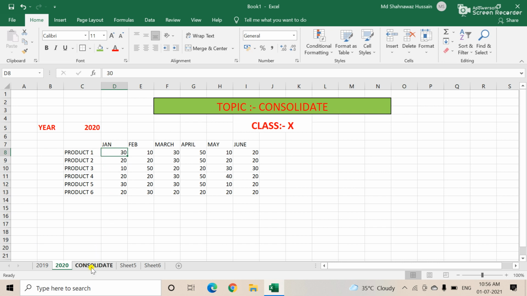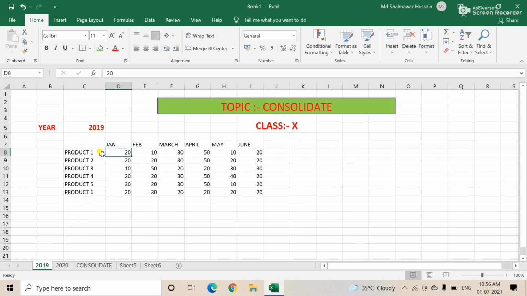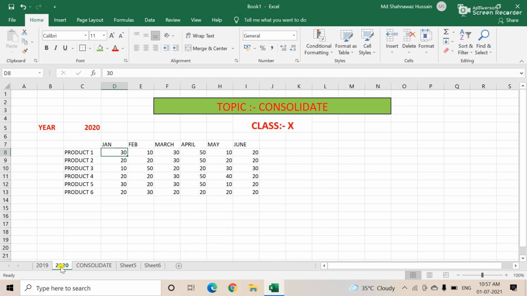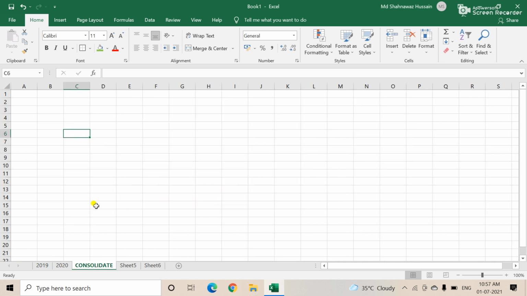When you want to add two separate sheets' data in one particular sheet, your data must start from the same cell address. My data is starting from D8 here, and in the year 2020 my data is also starting from D8. So you put your cursor in D8.